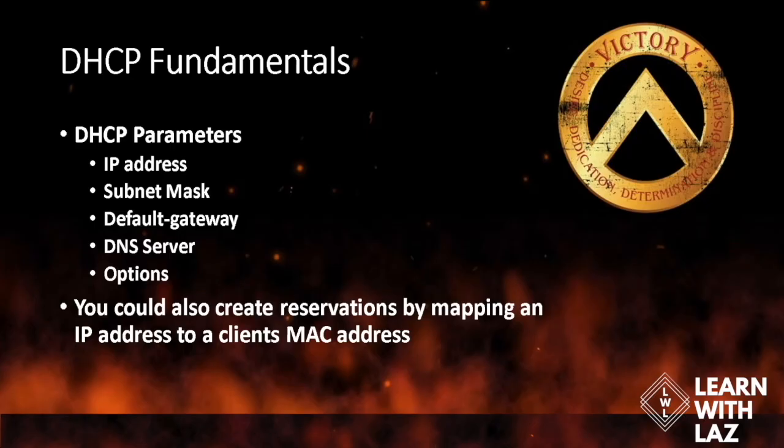If you're in a switch or a router and you're doing the DHCP pool, you go IP DHCP pool LAS, and you hit enter, and you put a question mark. There's going to be a command there that says address. That is where you actually can put the MAC address of a client, so you can map it to a particular address. You put the IP address and then the MAC address of the client, and then that's that mapping that you'll do, so they will always get that address.